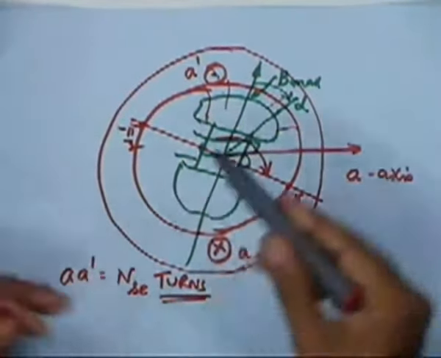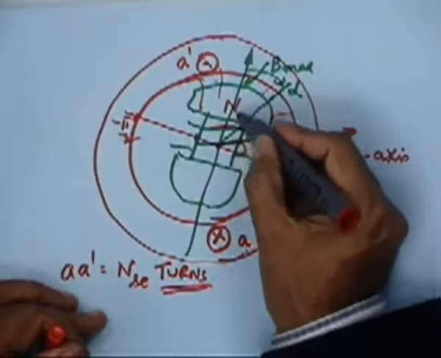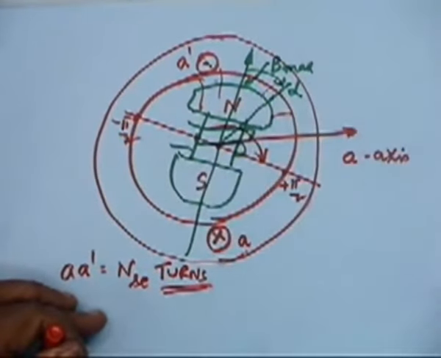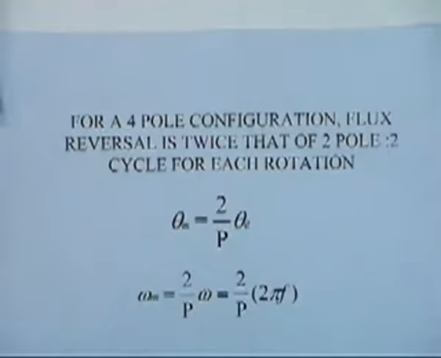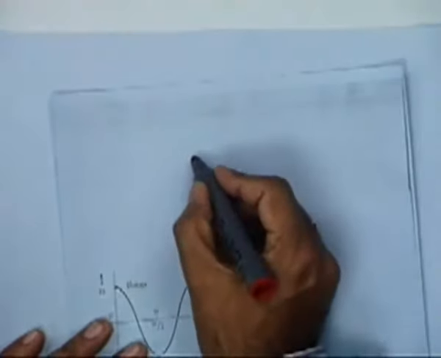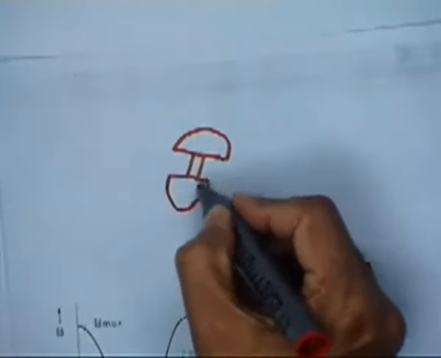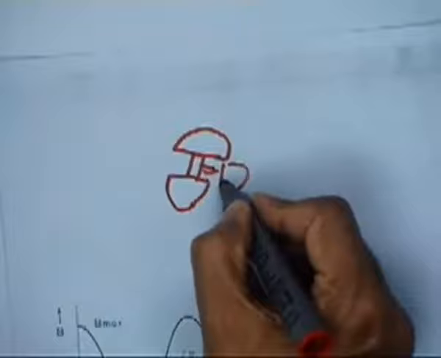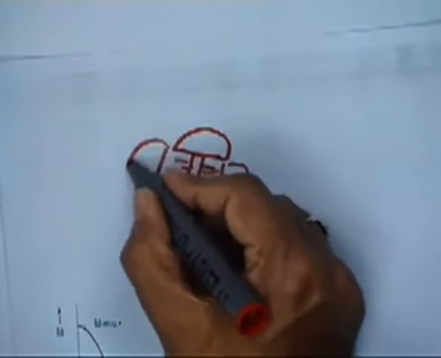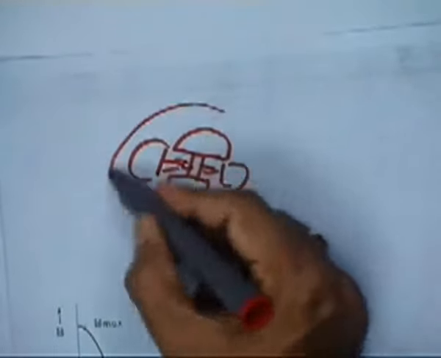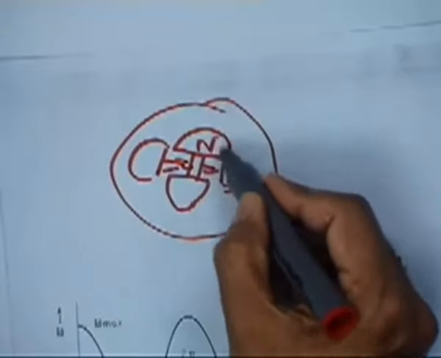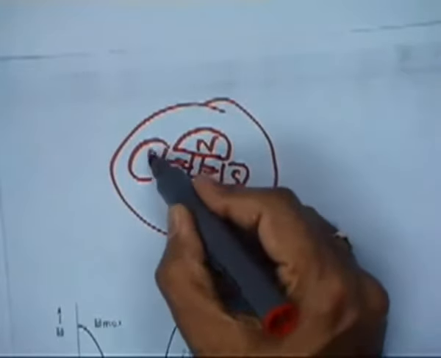Instead of the present two-pole being north-south, you can have a four-pole situation like this. We have north pole, south pole, north pole, south pole,